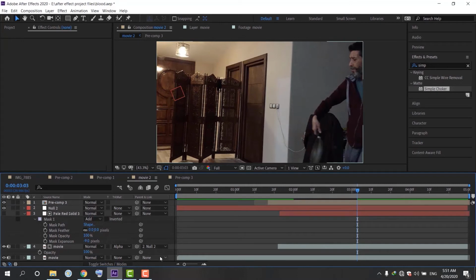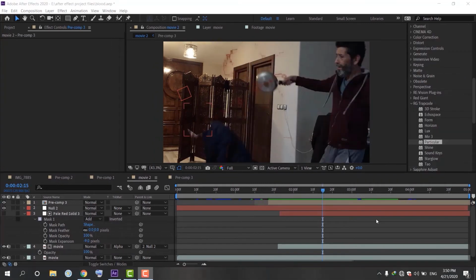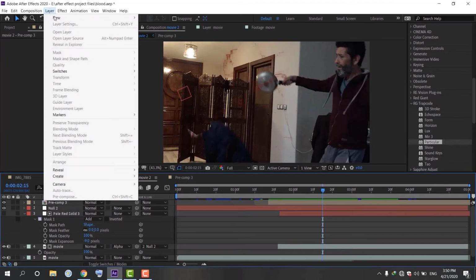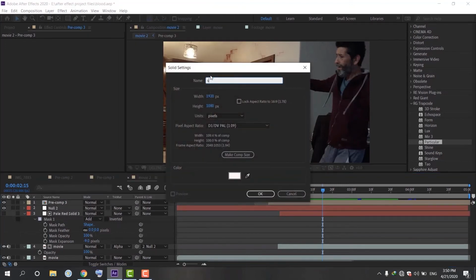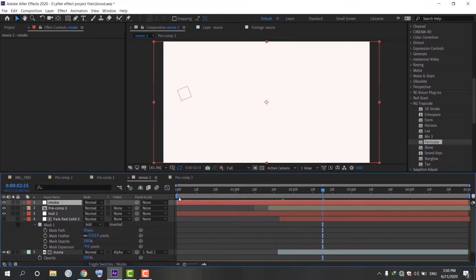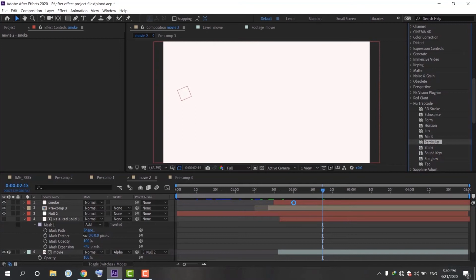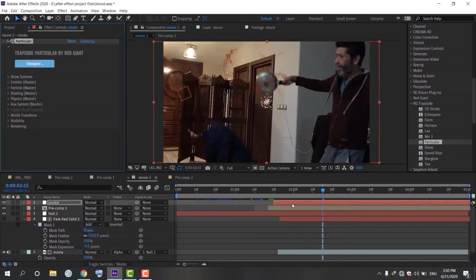So for now I want to make a smoke around the head. When the impact happens, I want my sense to be more action, so a little bit of smoke is not bad. Let's make a new solid layer and I name it smoke. I bring it here. Then again I add particles from Red Giants to my layer. I go to designer,